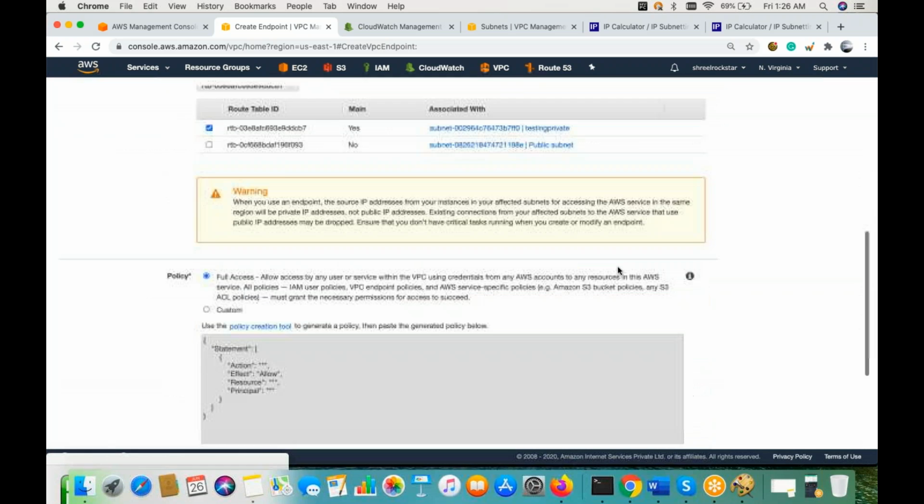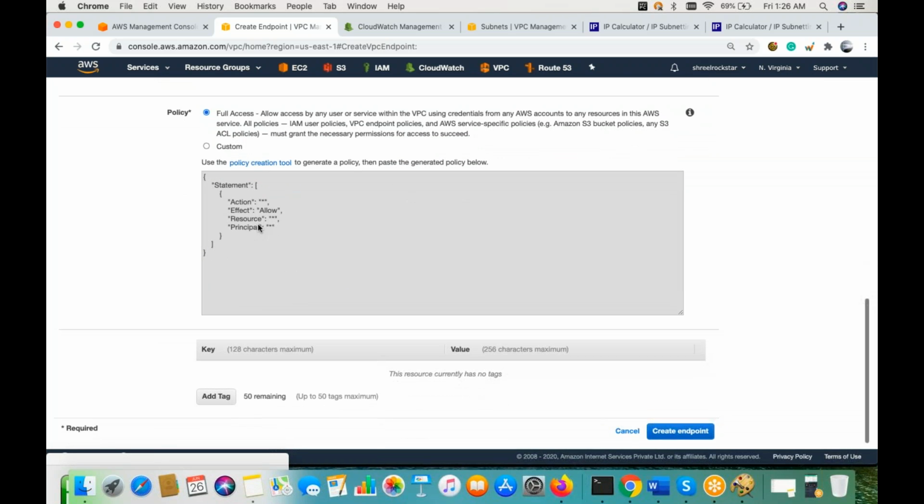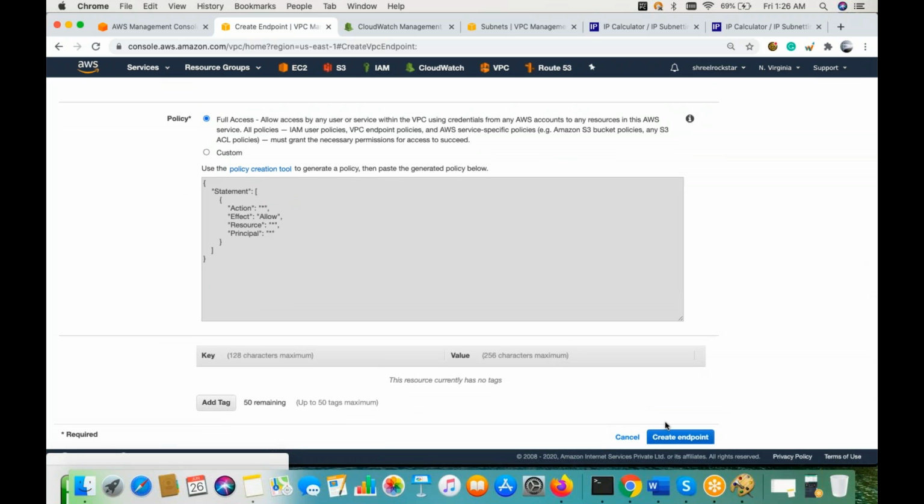Okay. Now, once you select, you get the access details, this policy by default, and simply create the endpoint. This is chargeable, but this will give you the entry. It allows access by user services within the VPC using credentials from the AWS account, any resource in the AWS service.